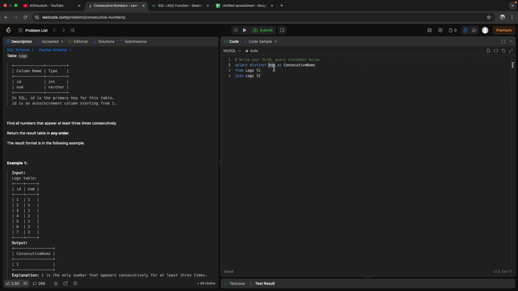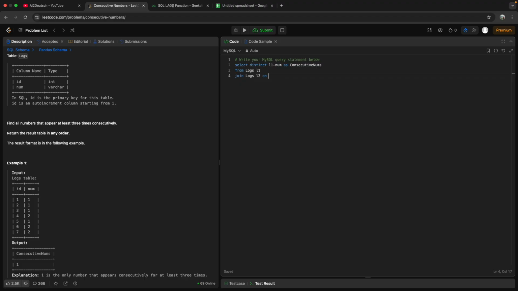Because num is the same everywhere, we will say l1 dot num, otherwise it will be ambiguous, like which num from which table you want. That's why we define l1 dot num. So we want our final answer to come from this table. So we are self joining our l1 table with l2,